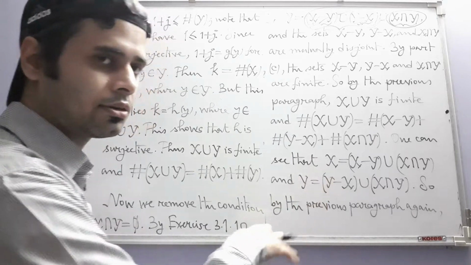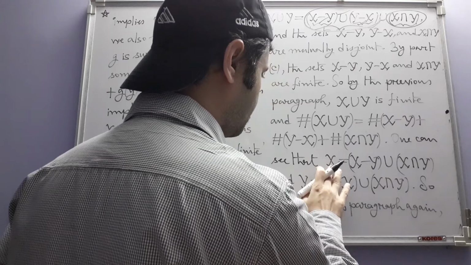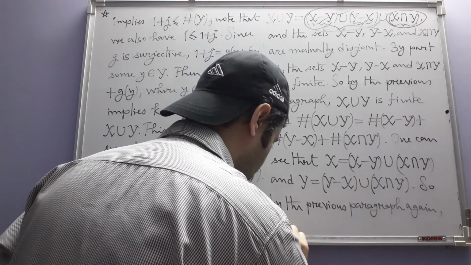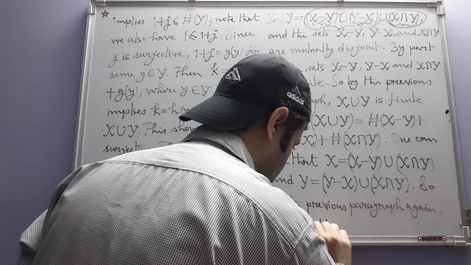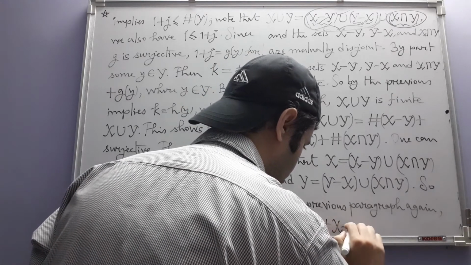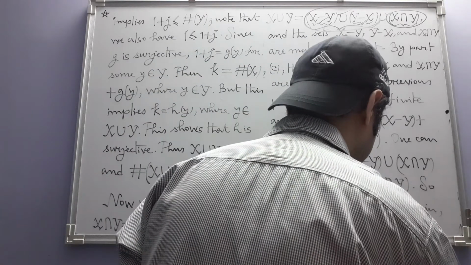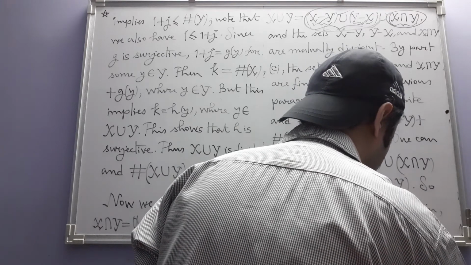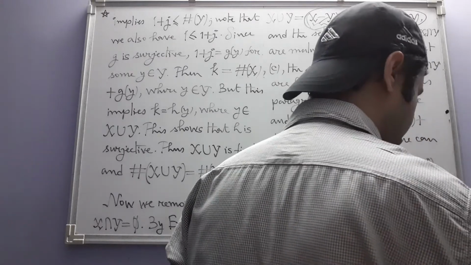That is something we are already given, but we are concerned about the cardinality, plus cardinality of the intersection, and